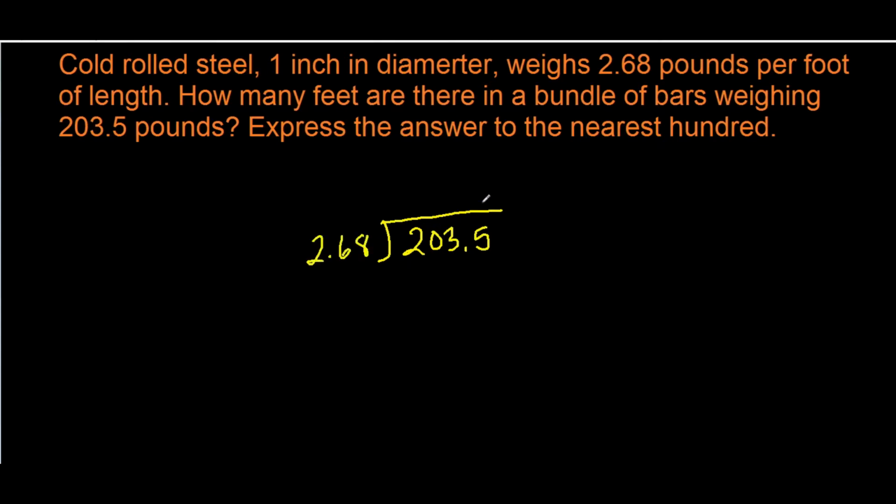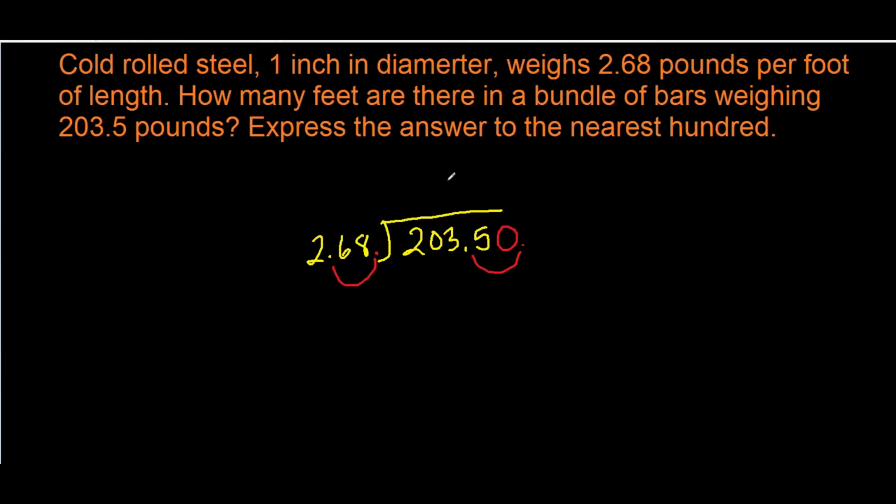2.68 pounds. Now, remember what we talked about. First thing you have to do, you want to look at your divisor. Is there a decimal point? Yes, there is. So we're going to have to move it all the way to the right. And this one we're going to have to move all the way to the right. And you notice there isn't anything here. We're going to have to drop a 0 there, because you still have to move it the same number of spaces to the right. So now we'll just start